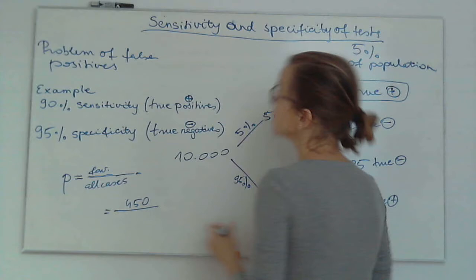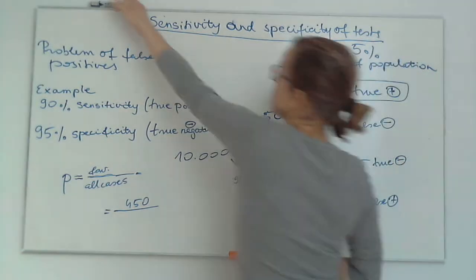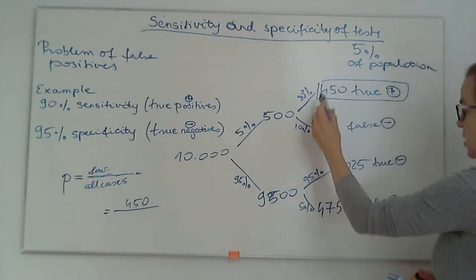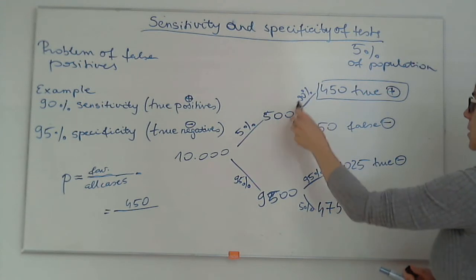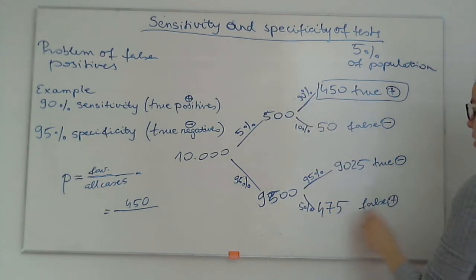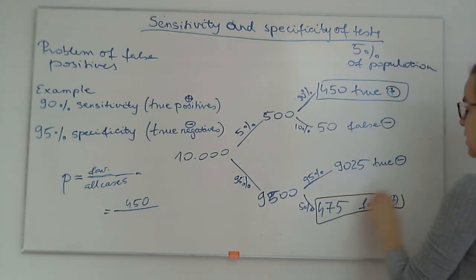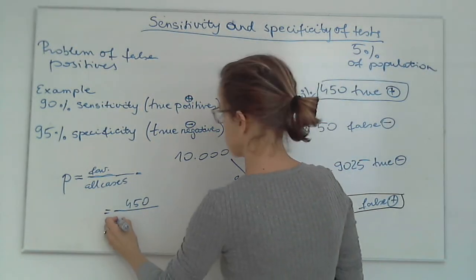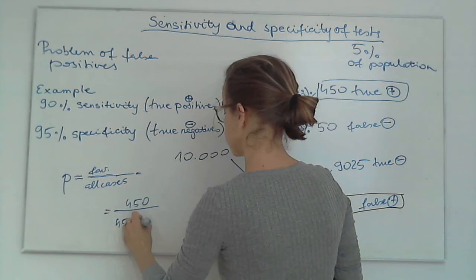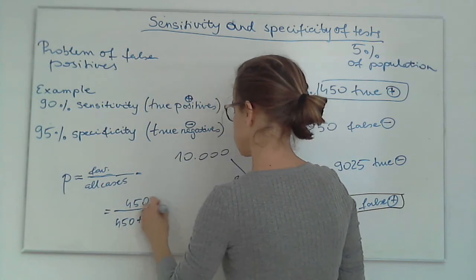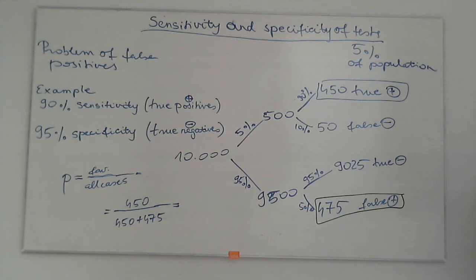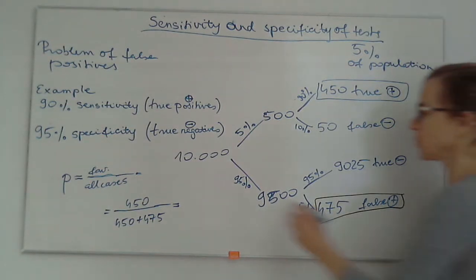I have to divide by the number of all those people who ended up with a positive result. So the false positives and the true positives come into the denominator as all cases. So that's these two numbers. And if you divide these two numbers, then your result is going to be 0.48,